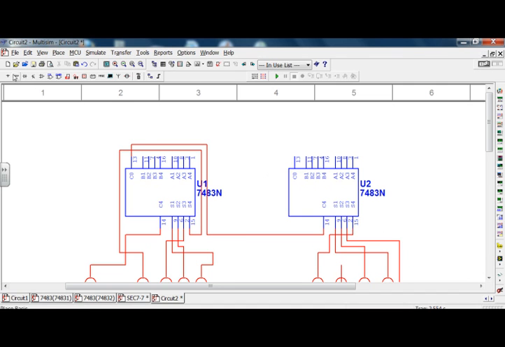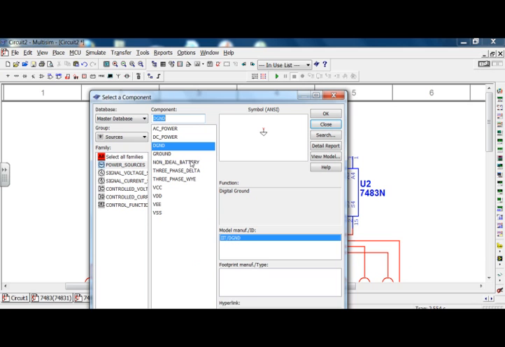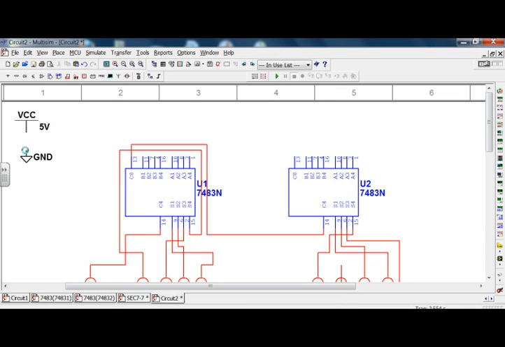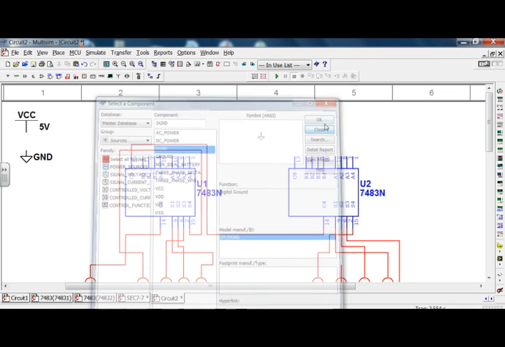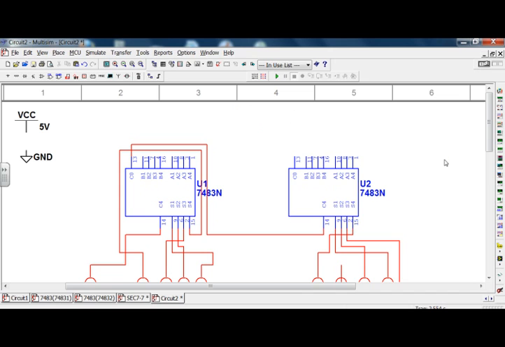We need a DC ground. We need VCC to be someplace on the board, otherwise the chip doesn't have power, and we need a DC ground on the board someplace. Okay, so we have all that. Now we're ready to go,